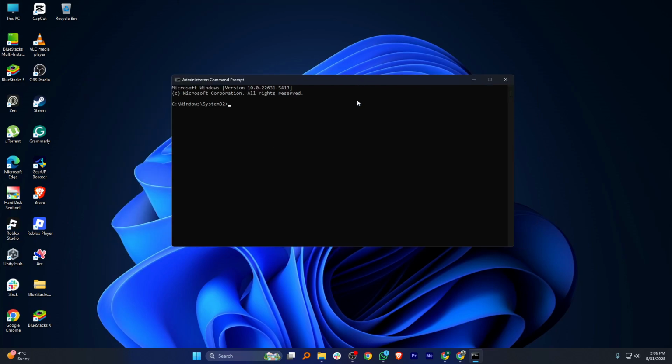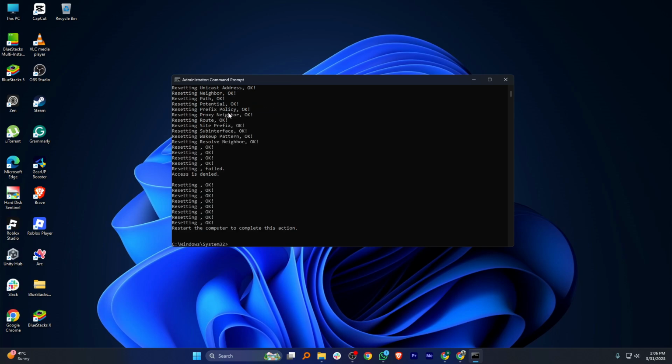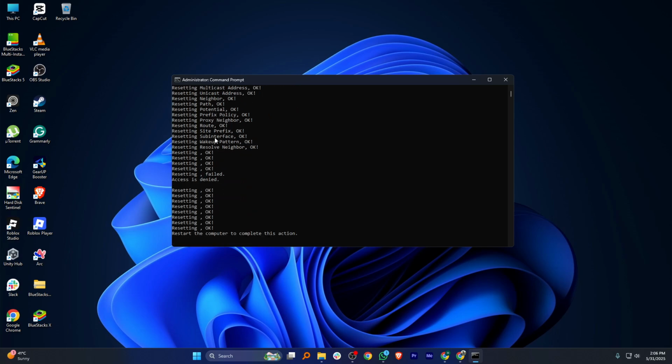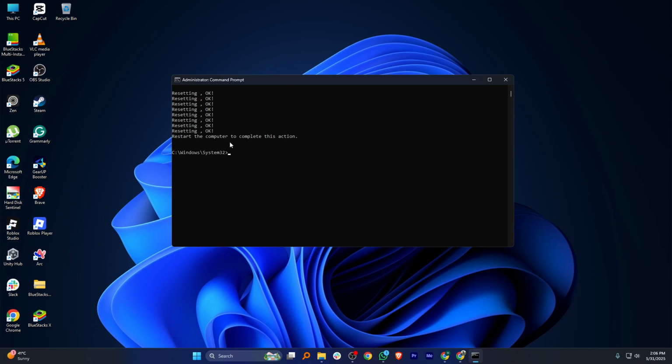Now, a black window will pop up. This is where you'll enter a few commands to reset your network settings. Start by typing this: netsh int ipv4 reset reset.log, then press enter. This command resets your internet settings for IPv4, which is one of the main systems your computer uses to connect